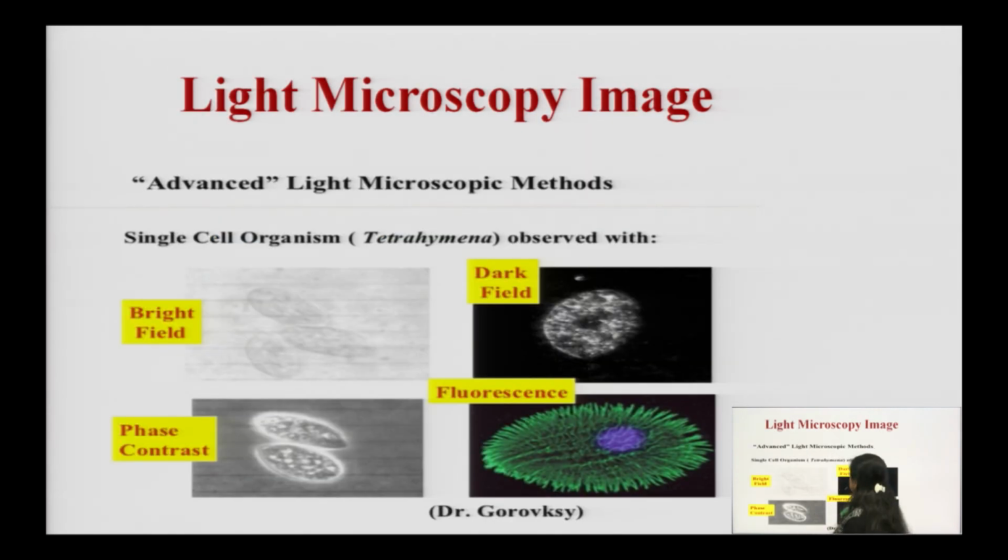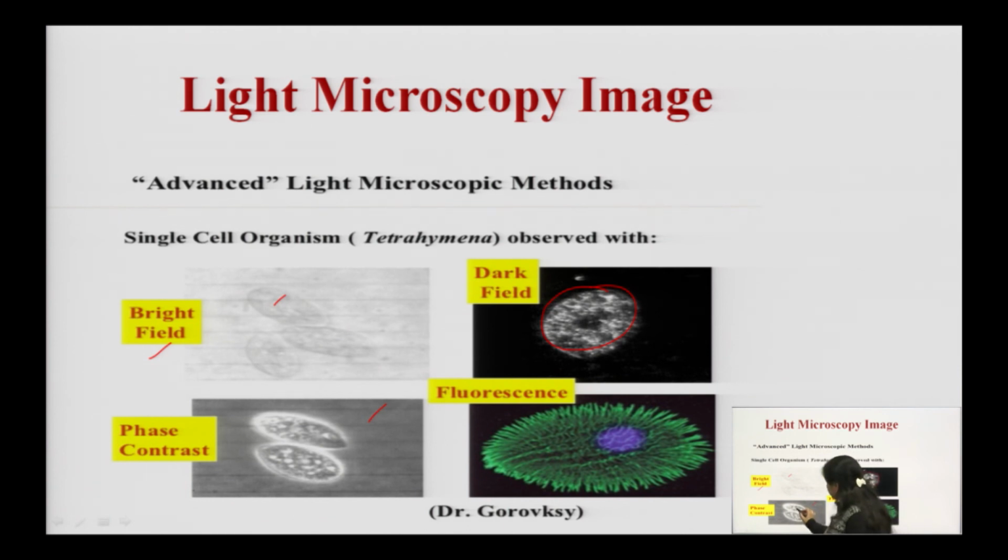As you can see in this slide, you can observe the differences in how the image will look within the bright field. This is a bright field in which the transparent images are there. You won't be able to differentiate those transparent images. This is dark field. As the background is dark, the cells are transparent in nature, and light is only passing through the specimen, so you can easily observe the specimen on the dark background. In phase contrast microscopy, there is a phase plate, so you will be able to analyze the change in refractive index.